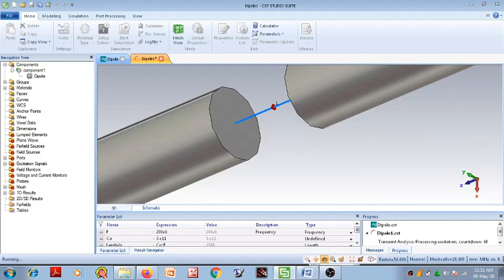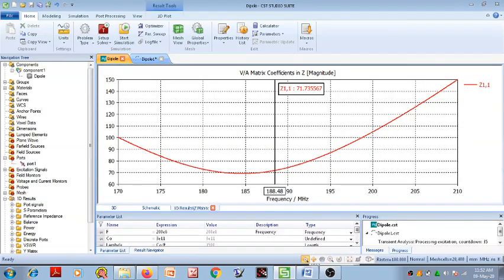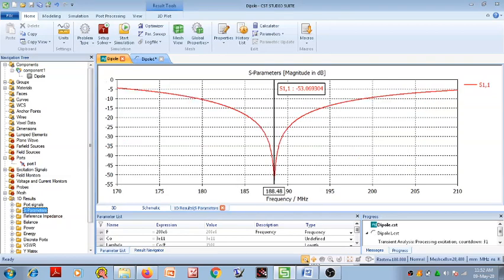I already simulated the antenna having the same dimensions. After simulation we got the result in this way. The resonance frequency is at 188.48 megahertz. The resonance frequency is shifted from 200 to 188 because the dimensions are reduced by an amount of g.